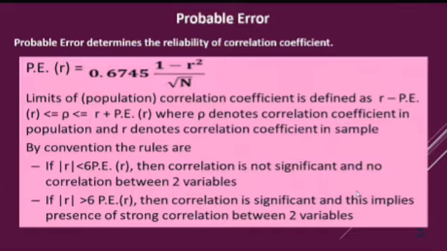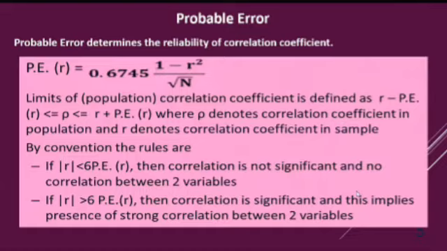Because you are drawing a random sample of size n from the population, and for that random sample you are calculating correlation coefficient. So now you have to check, because we give conclusion about the population from the sample which we have drawn. We are talking about the population through the sample. So it may not be true, because suppose my sample is a representative portion of the population, then it will be true. Otherwise, it may not be true. How do I come to know about it? Whether the conclusion which I have given about the population from the sample is true or not.